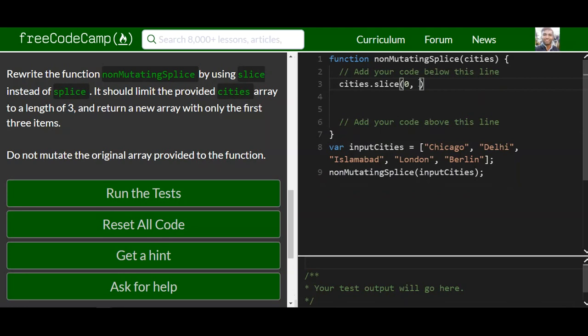Which means in this argument we're gonna pass, what are we gonna pass? So remember, we said that the slice method does not take the ending index into consideration. It always takes the one before the ending index. So in this case, it would be